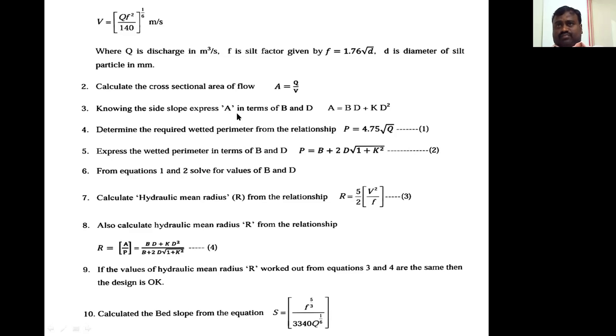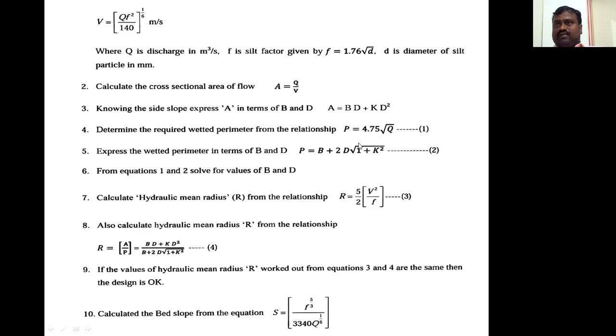So A is calculated in terms of B and D. Now in step 4, again using the relation P is equal to 4.75 root of Q, the perimeter value is determined. And we also have the expression for the perimeter, this is the expression given by